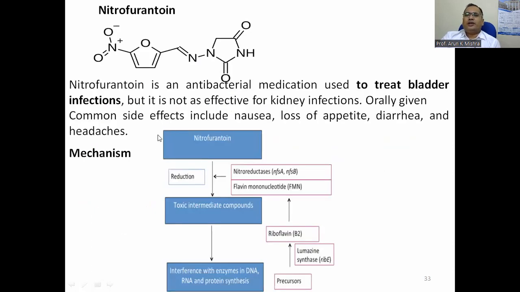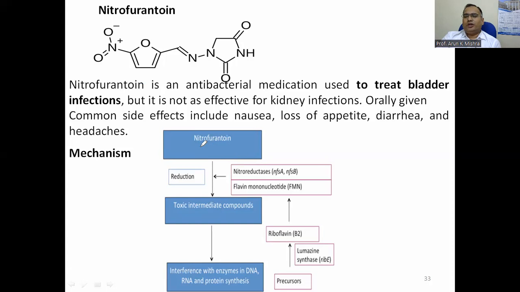And the next antibiotic under the nitrofuran miscellaneous category is nitrofurantoin. From this screen, an attempt has been made to depict the structure of nitrofurantoin. It is used to treat UTI, especially bladder-related infections where the pathogen has reached the urinary bladder, and it is not as effective for kidney infections. So नाइट्रोफ्यूरेंटोइन को केवल यूटीआई के ट्रीटमेंट में यूज करना है और इसको किडनी के इन्फेक्शंस के लिए यूज नहीं कर पाएंगे. And this nitrofurantoin can be given orally, and common side effects include nausea, loss of appetite, diarrhea